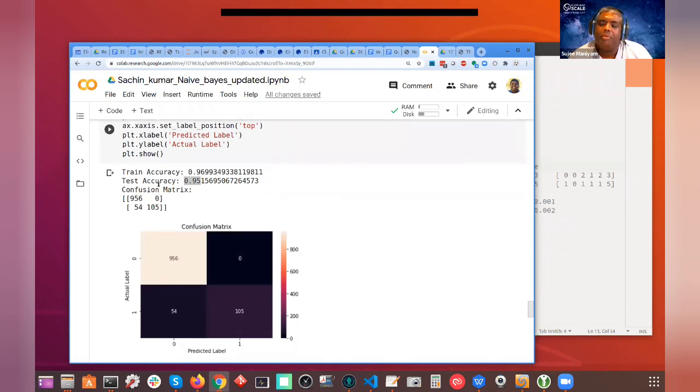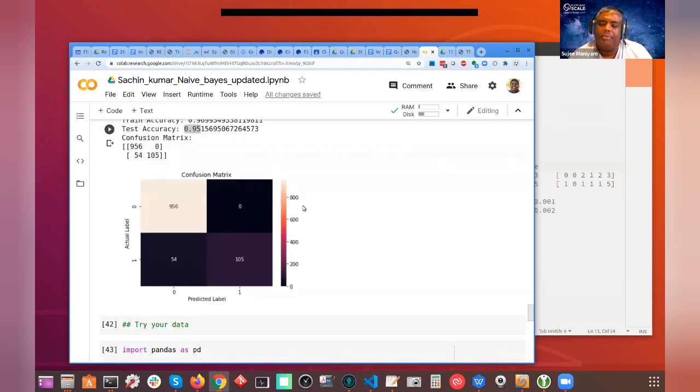So looking at the confusion matrix, we have binary classification, like 0, 1. What do you guys think? How is it doing on 0? So look at the 0 row. Remember, this is actual, and this is predicted, right? So how do you guys think it's doing on zeros? Doing well, not well?